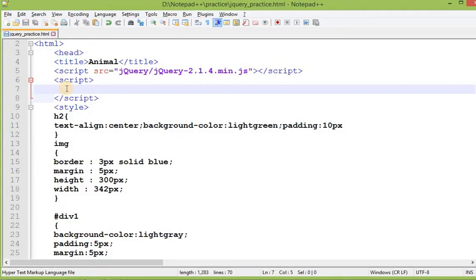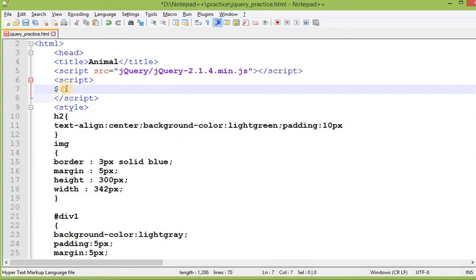Now I will demonstrate how to use it. In my first video of jQuery I already explained the syntax, but the practical approach was not there. So in this separate video I will explain how to implement jQuery methods practically. So what was the syntax of jQuery? There is the dollar sign.